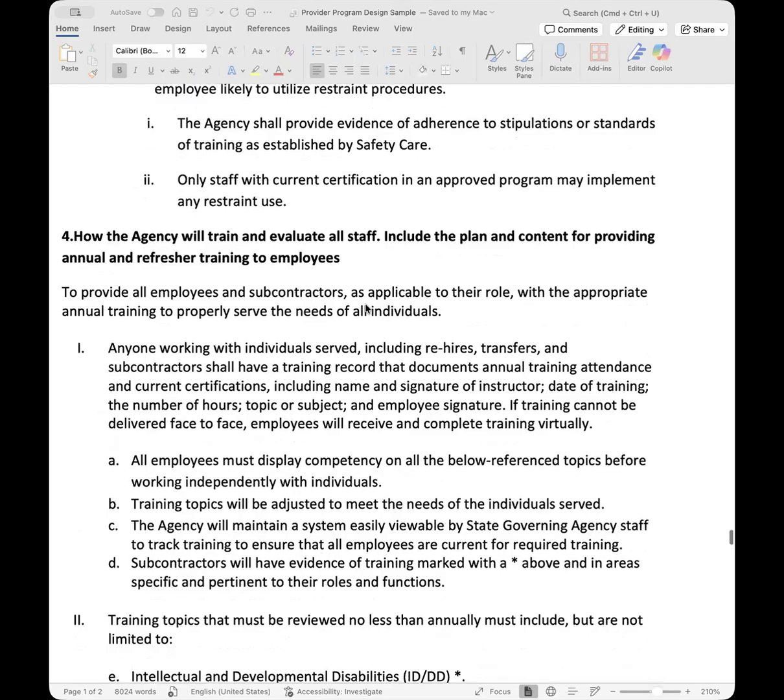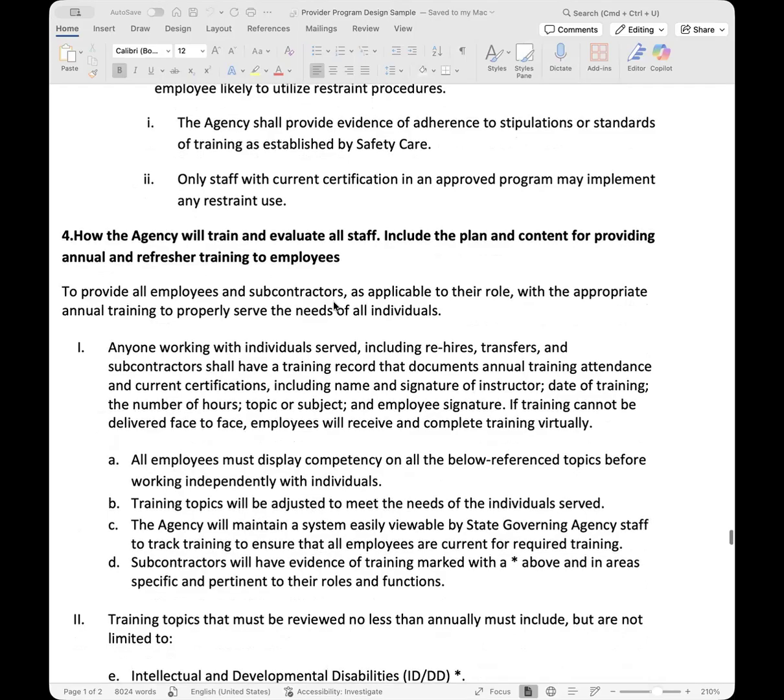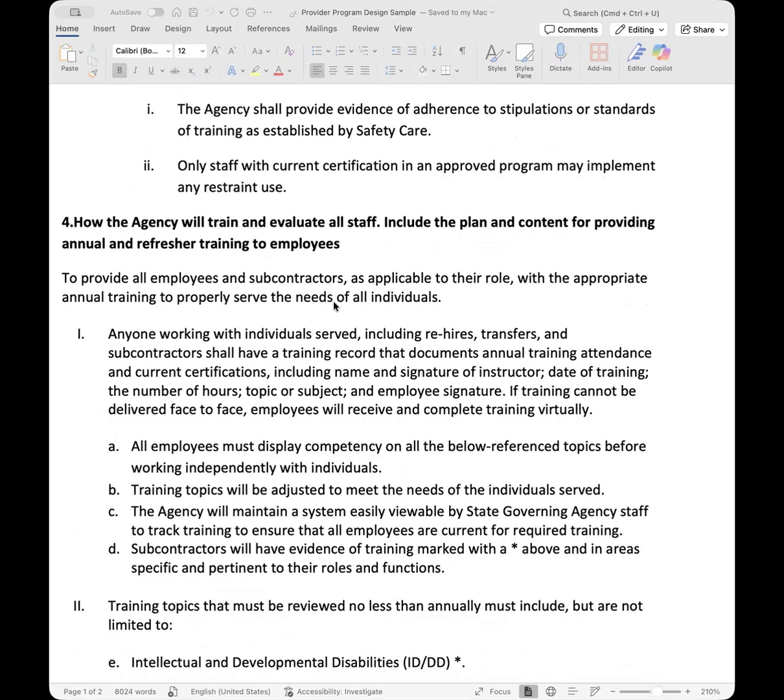Okay. Evaluating employees. So you are responsible to evaluate all your employees. Like I was saying, you can do it either at 90 days or you can do it just annually. A lot of agencies like to conduct a 90-day probationary evaluation just because you can let your employees know where they are within those 90 days. You can check in with them and see how they're doing.